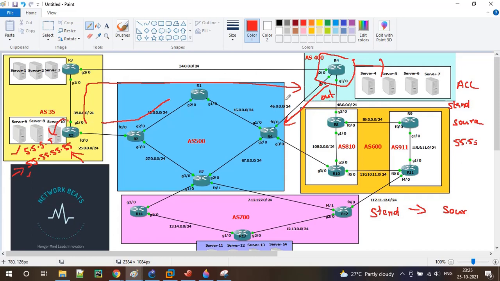R4 is just a receiver, he cannot be a source for 55.55.55.55. So here you cannot mention out. Here you have to mention inbound because you are doing the path manipulation on the inbound traffic.